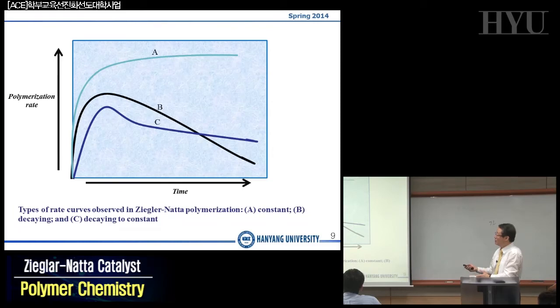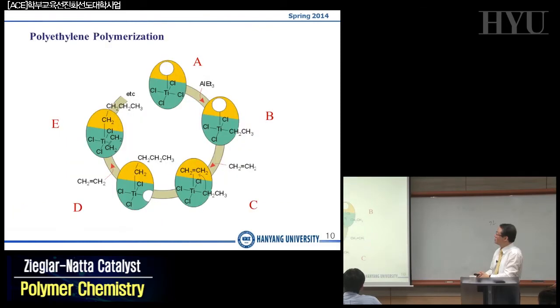Polymerization rate might be different. I think I will have to skip this slide. And this is the second. I took it from the other textbook, and this is the same picture. You start from your open space. Okay, titanium tetrachloride. We may have open space, and may form the